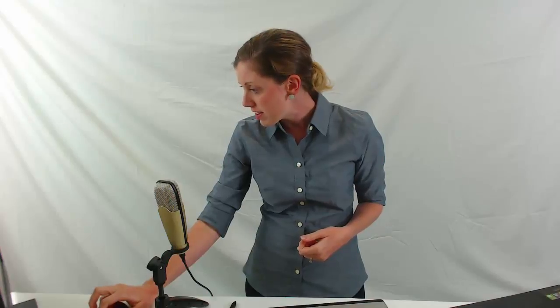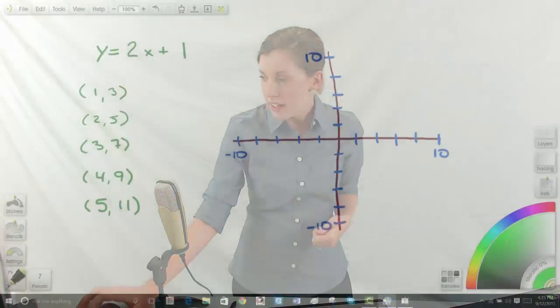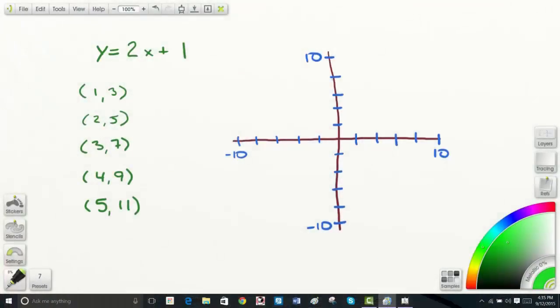Right, so let's begin our discussion about graphs and functions and being able to go back and forth between function equations and function graphs by looking at one of the examples from our first lesson. So take a look over here at our canvas. And you'll see that I've set up a graph for us already. I have the equation y equals 2x plus 1,